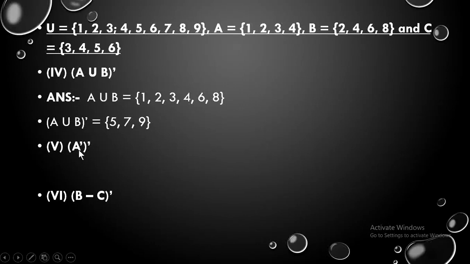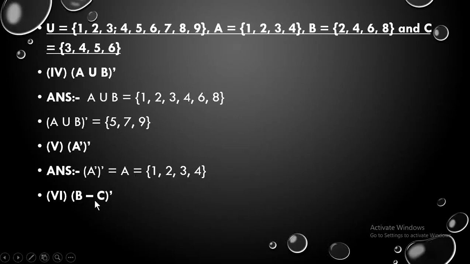Then whenever they give you A complement, and again complement, whenever they give you two times the sign of complement, it means the final answer will be the set itself. That is, when they have given you A complement, then one more time complement, the final answer will be set A. If they would have given you B complement, then again one more complement, that is two complements, then the final answer would have been set B. So for this the final answer will be set A, and that is 1, 2, 3, 4. So this you can do directly. Whenever you see two complements, you have to write the set itself.